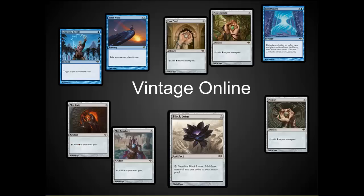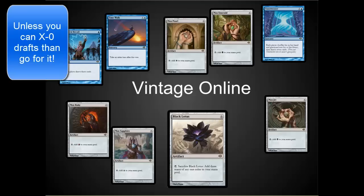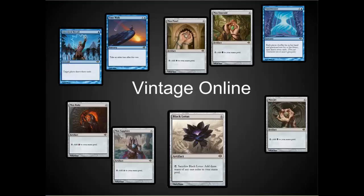Now is the time to pick up Vintage Online. I know the buy-in price for drafting is extremely high, so I don't actually recommend drafting at $26 a shot. If you want to play Magic Online, and Vintage specifically, now is the time to pick these up. They're going to dip a little bit more in price as more people open the packs, but once they're gone, I don't think we'll see them on a regular basis, or even if we do, these are going to be